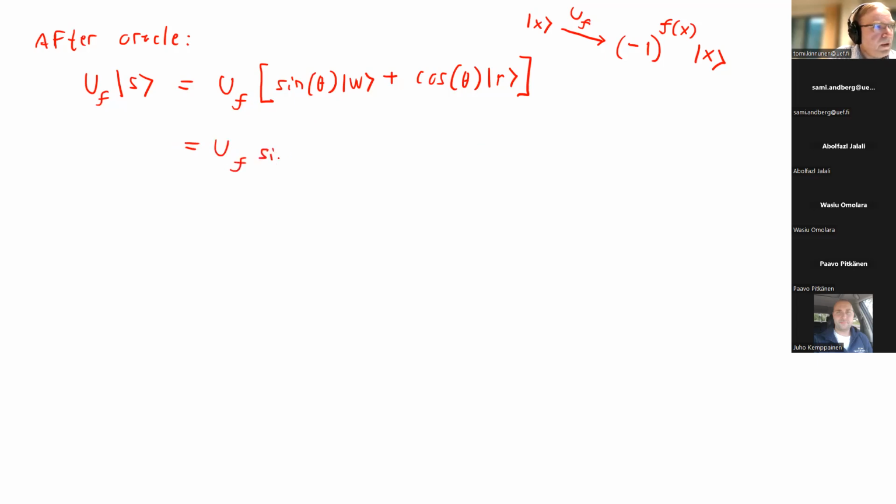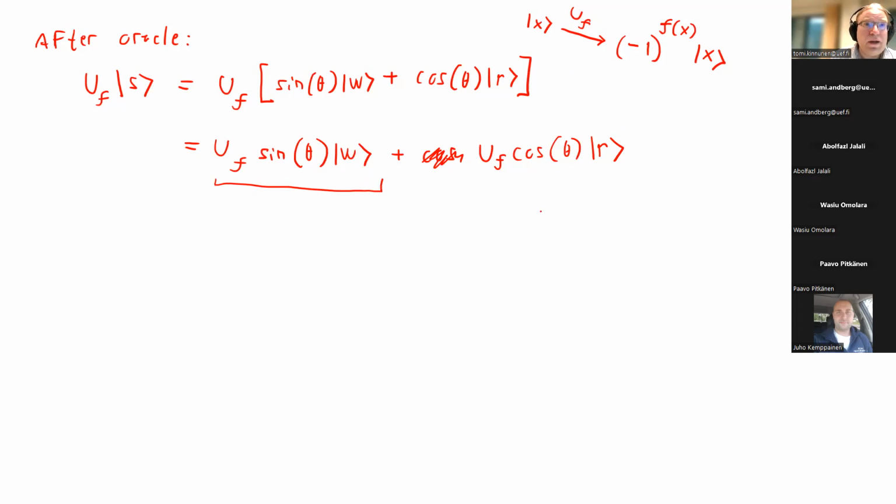We have the Oracle operating on sine theta W, plus the Oracle operating on cosine theta R. By the construction we did, W was the one for which f is going to output the value 1, and otherwise it's going to be 0.